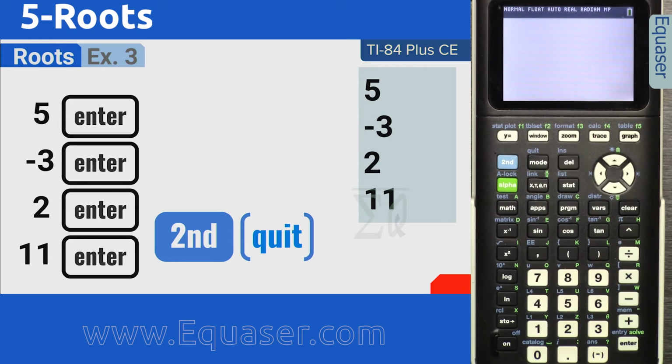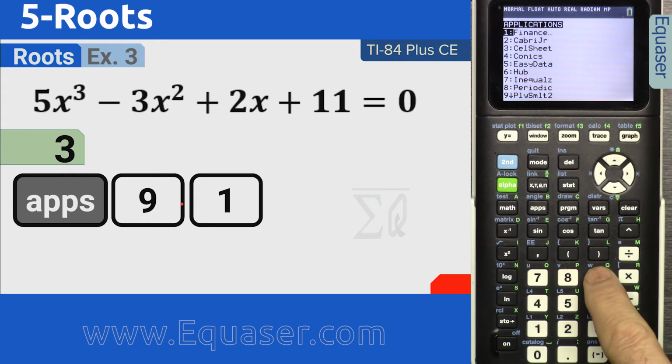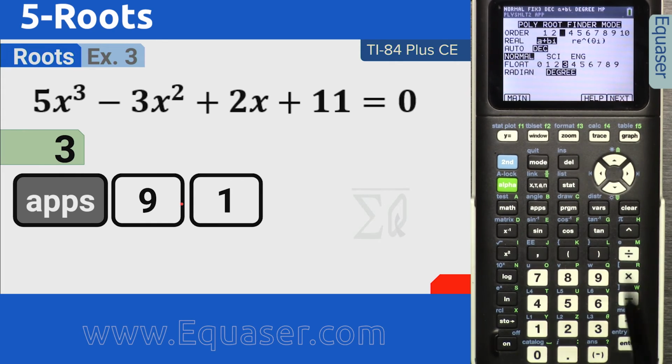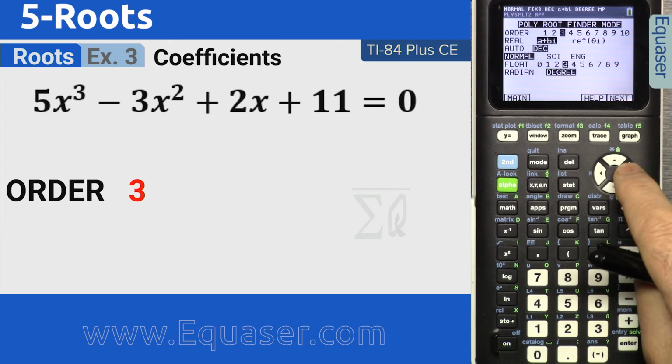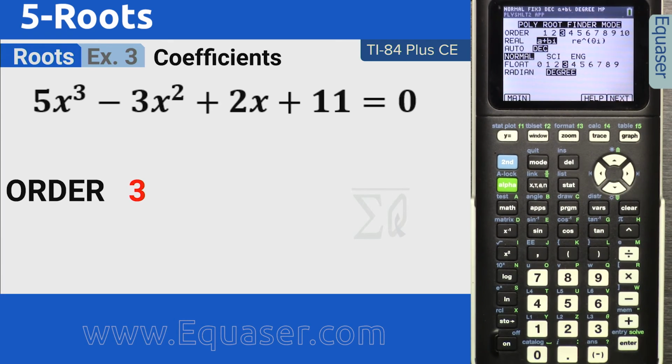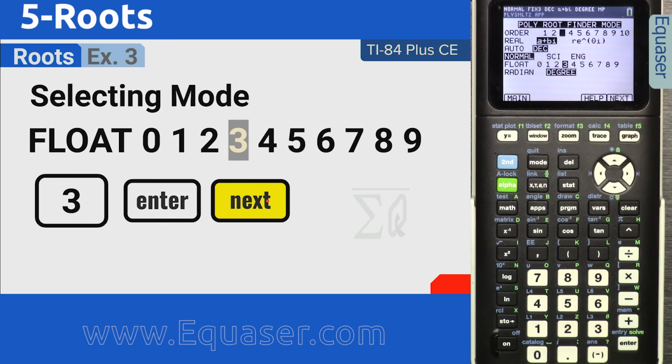Now let's go to step 3. Let's go apps 9 1. We are on this screen. Order is 3. It is 3 if not selected. That's the highest power, and then we selected the order, and then next,